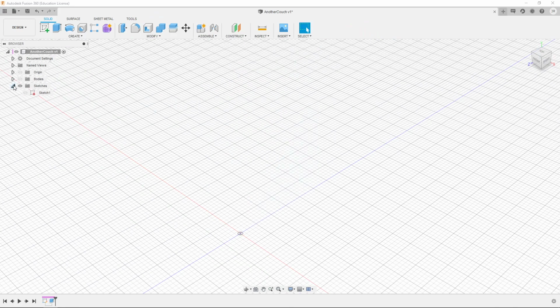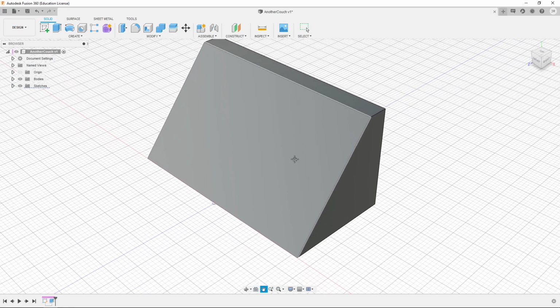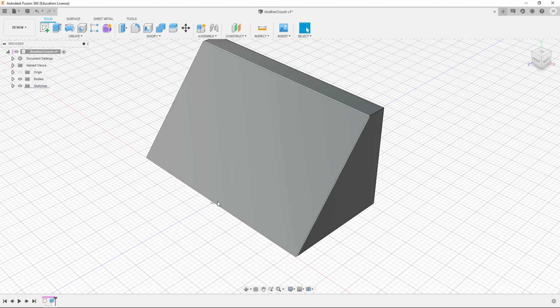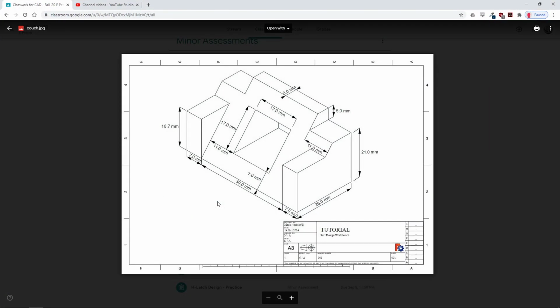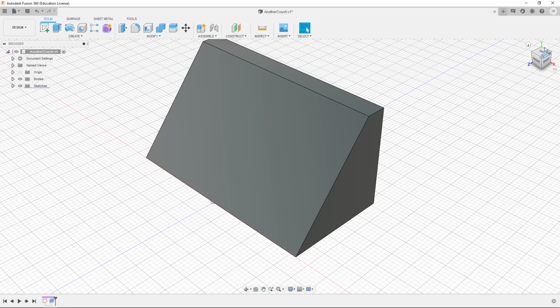We were done with that first sketch. We produced a 3D body from it, and now we want to move on and do the next phase. I'm going to show us our diagram again, and we can see we've made the overall layout shape of this thing. The next thing I want to do is kind of make these walls appear, right? Because if we look at our object, if I do a side view,